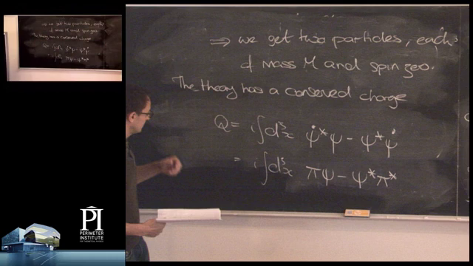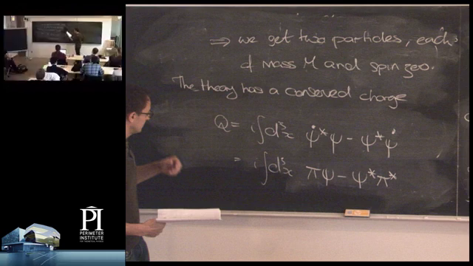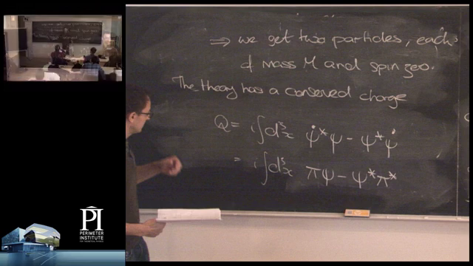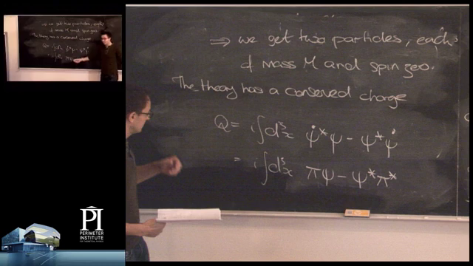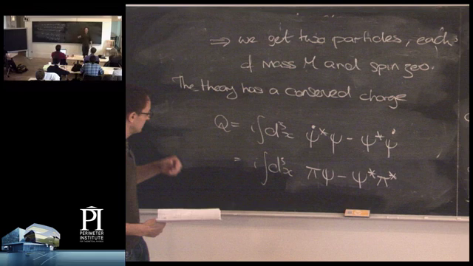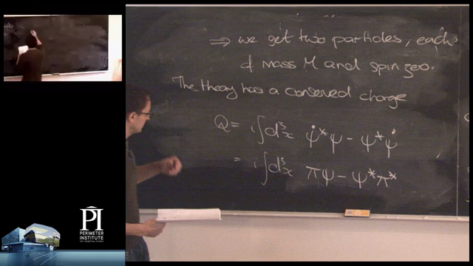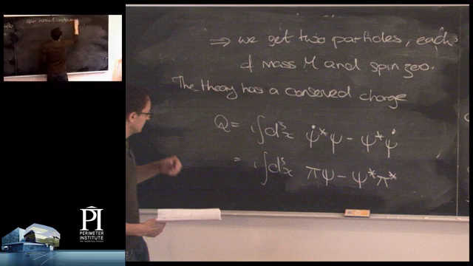Okay, so now comes one of these tedious exercises that you're going to do over the weekend. Plug in the definitions of pi and psi in terms of the mode operators, the b's and the c's. Do the integral over x. There'll be one of these annoying infinite coefficients that you'll throw away by normal ordering. Okay, so after normal ordering, we'll find Q is equal to the integral of d3p